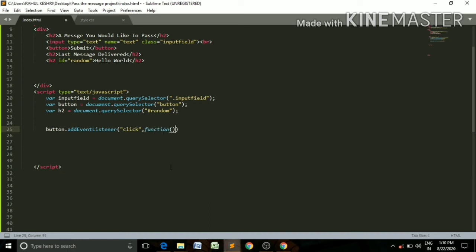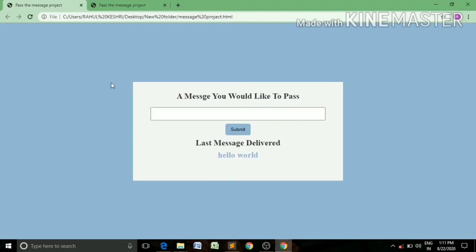Under this function we will write some statements of code, where the event is performing. So let's understand now. If the user fills this input field area and clicks the submit button, then the value of this input field appears at this place.